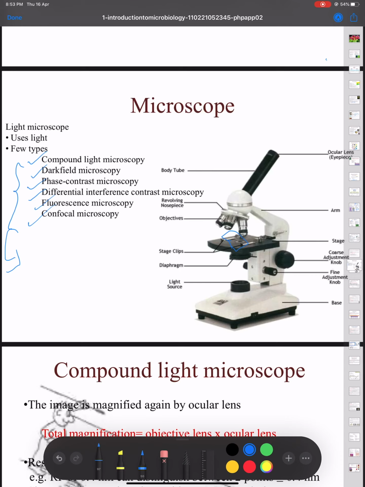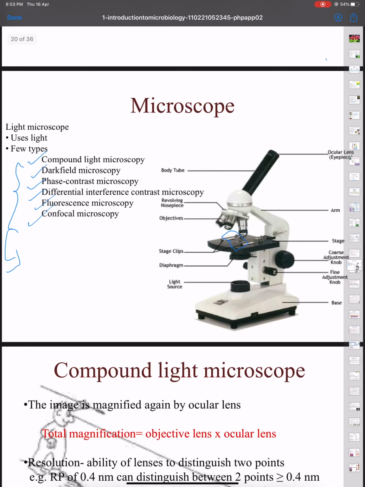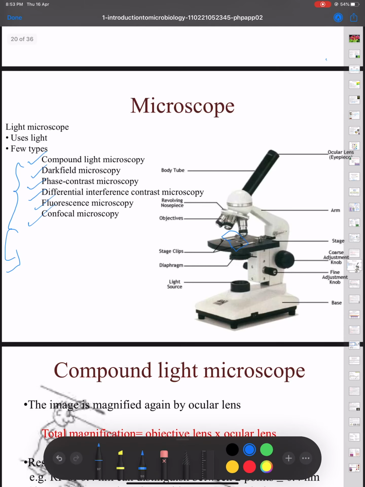Now we'll see how a normal microscope looks, what its parts are, and the specific uses for each part. This is the eyepiece, which has a particular magnification. Then you have this body tube where the eyepiece should fit. And you have a nose piece that you can rotate. This is rotatable, and it holds the objective lenses, three different objective lenses. One will be 4x, one will be 10x, and one will be 100x.